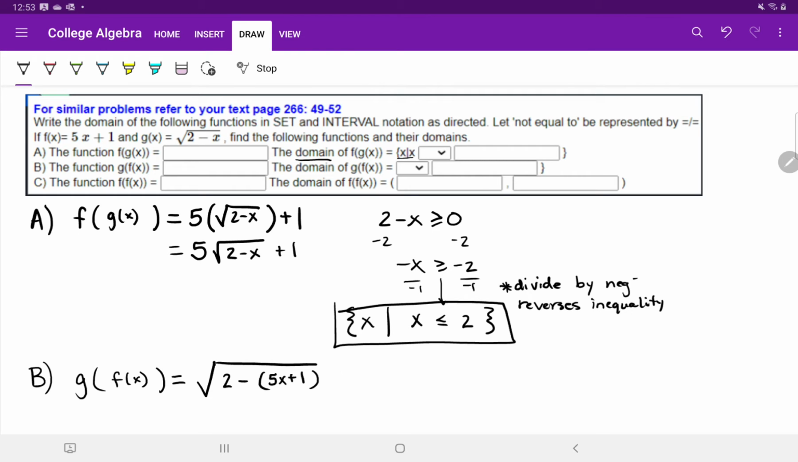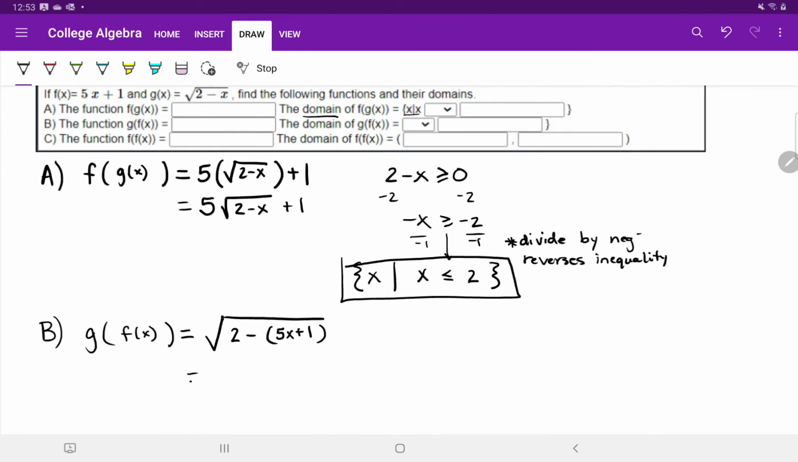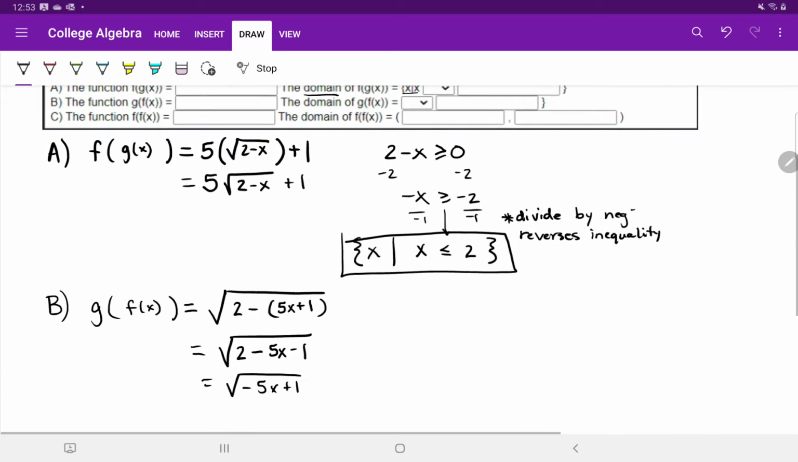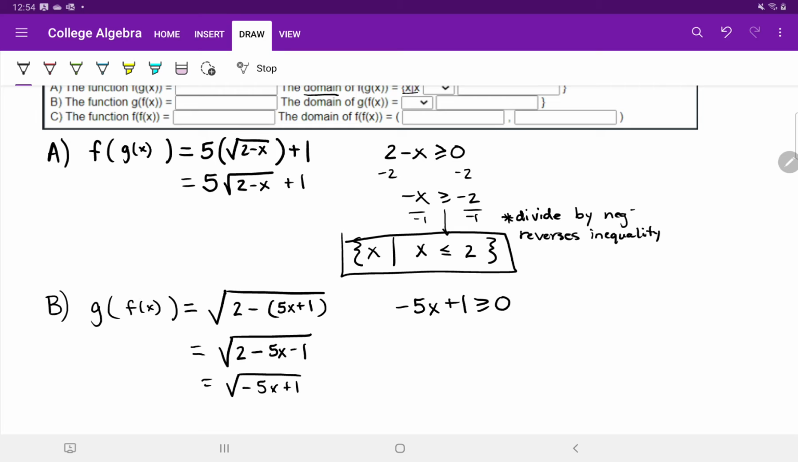Now let's simplify. The square root of 2 minus 5x minus 1, we just distribute that negative sign, becomes negative 5x plus 1 when I combine the positive 2 and the negative 1. To find the domain here, again, we're just looking at a root. And as we discussed, roots always have to be greater than or equal to 0 because they can't be negative. So I'll rewrite negative 5x plus 1 greater than or equal to 0, and let's solve for x. Subtract 1 from both sides,